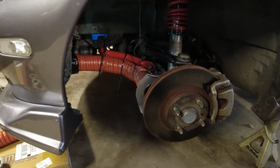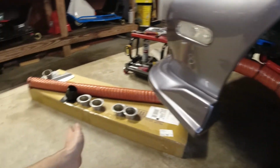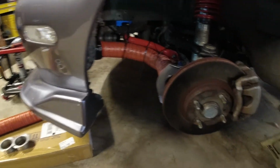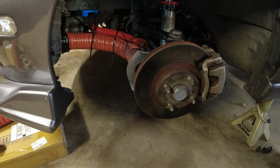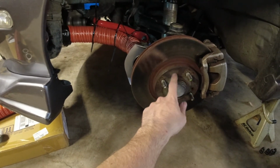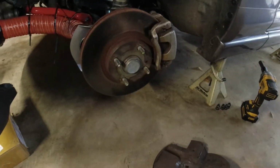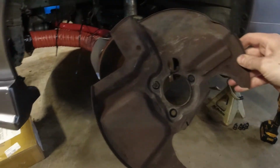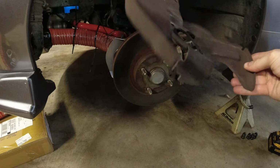Essentially, it's very basic, very plug and play, especially if you already have, or if you went with these flanges, the plastic ones to use on the fog light mounting point. You're going to remove your caliper, you're going to remove your rotor, then take off this dust cover here and remove the actual wheel bearing hub assembly, slide that off, and then it's as simple as taking off these three little 12mm bolts here. Take the whole dust shield off,